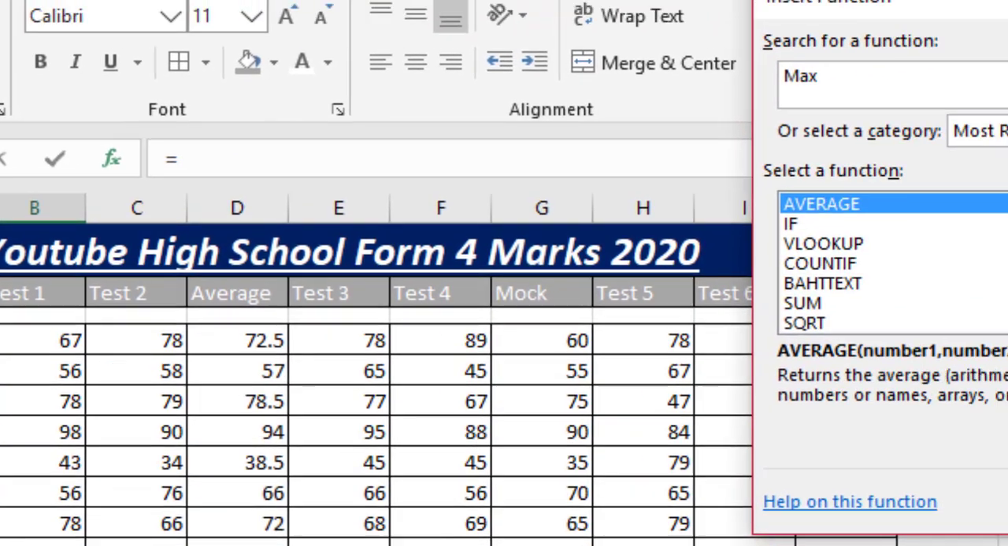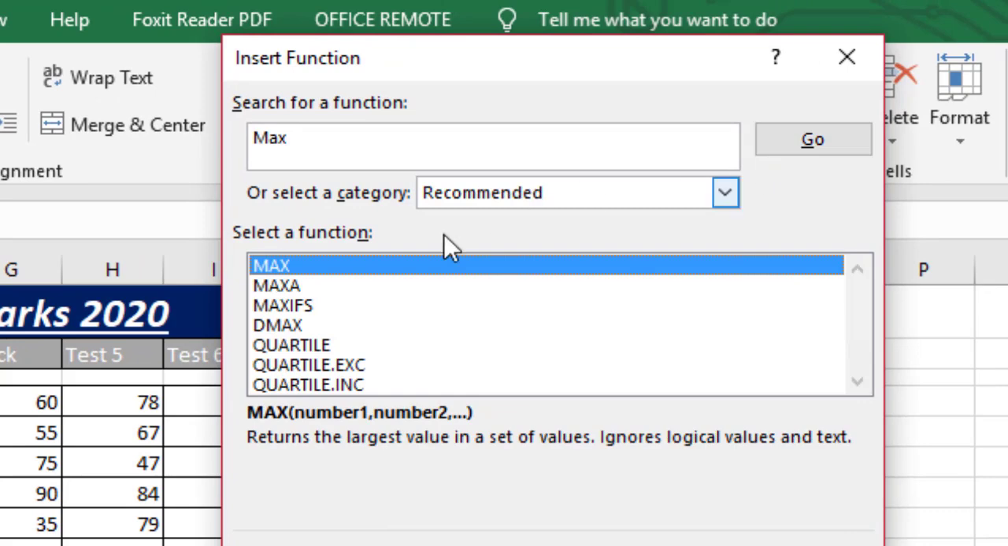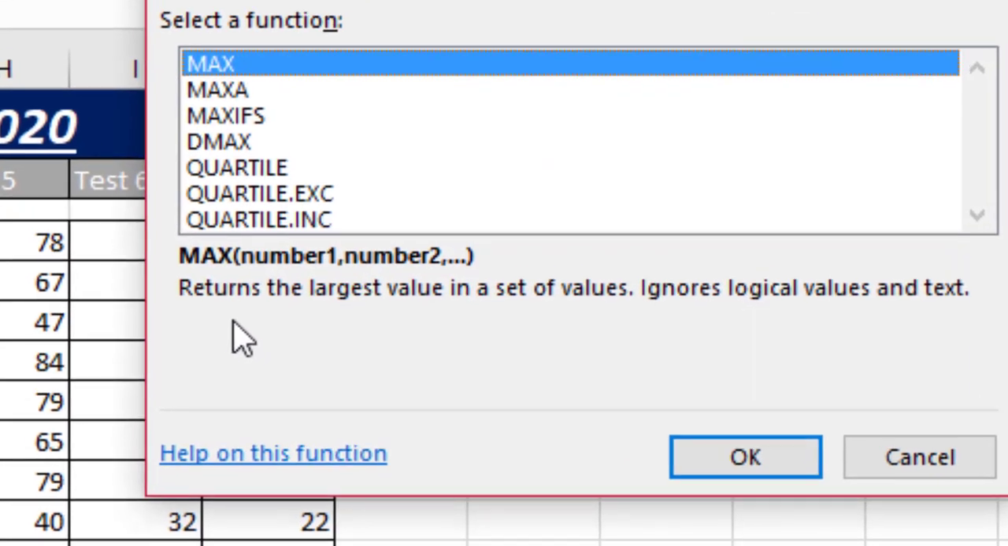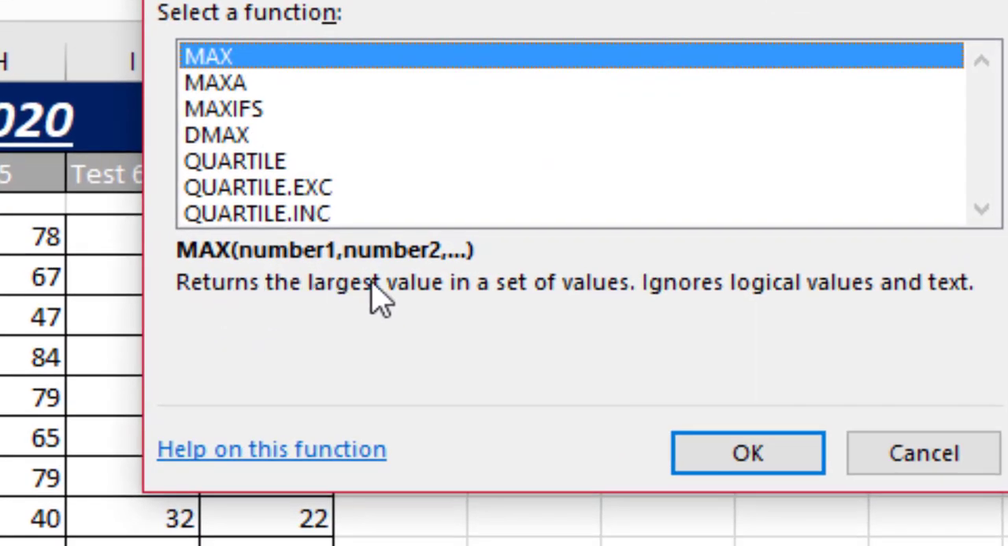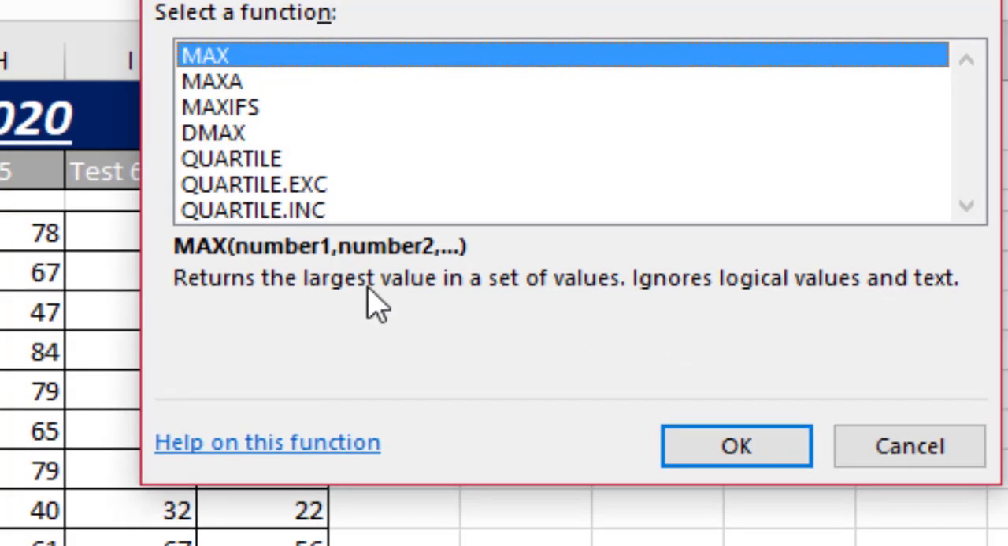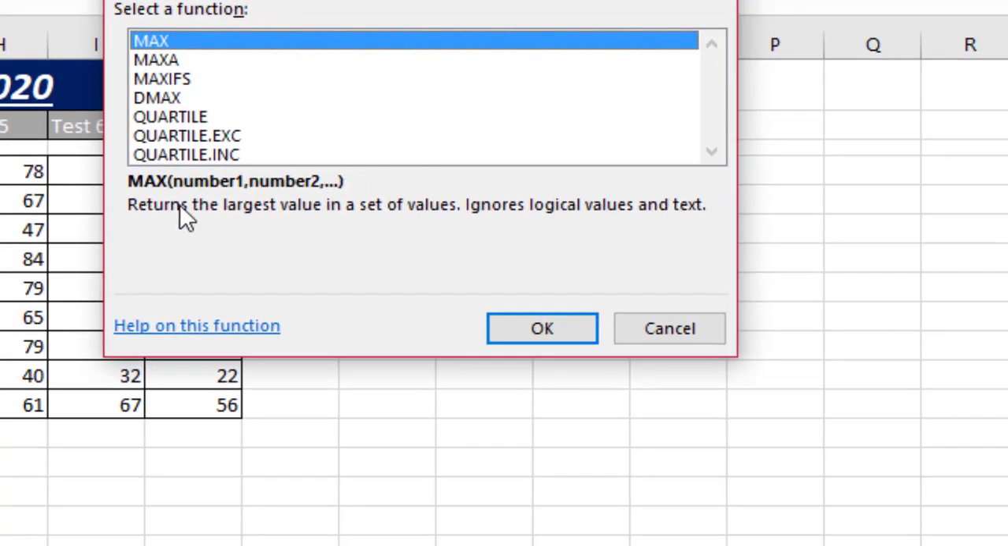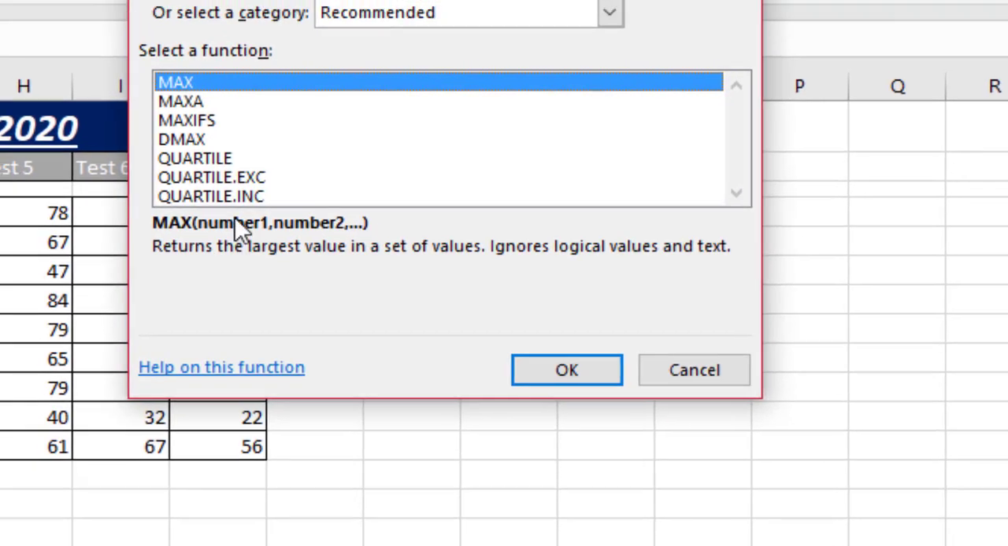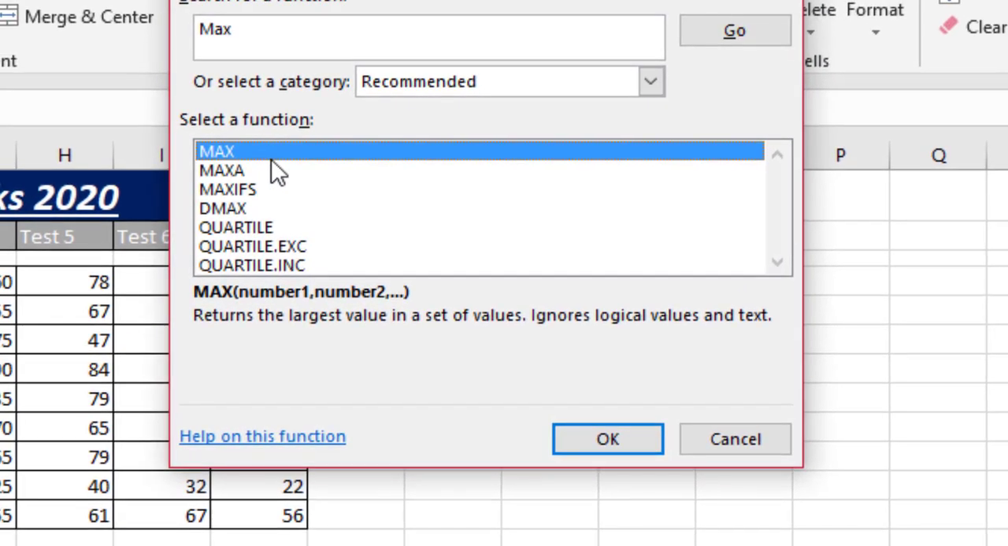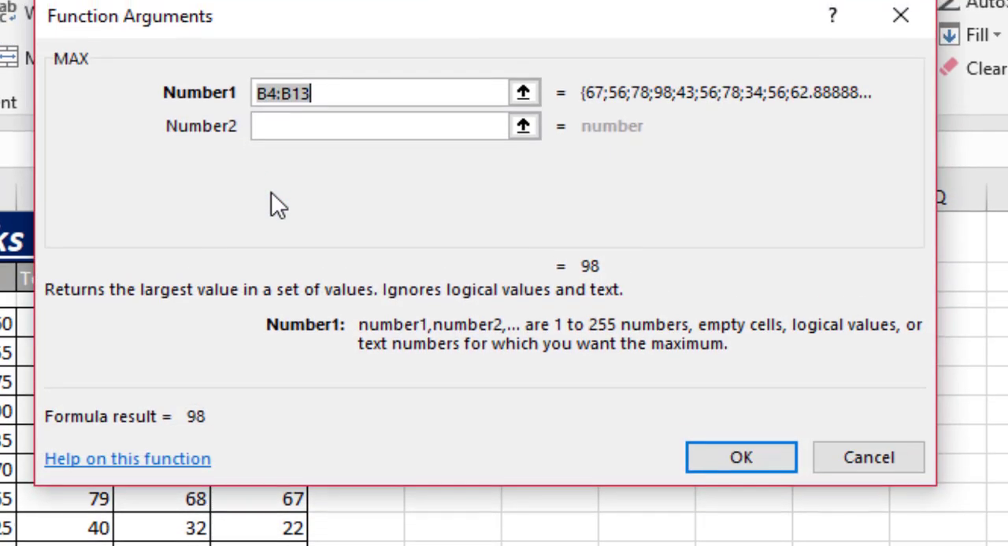Max, click go. Yeah, this is max. This is its description here. Returns the largest value in a set of values. Ignores logical values and text. So it ignores text. So it only checks for numbers only. So the max function only checks for numbers only. So if I double click here, okay,